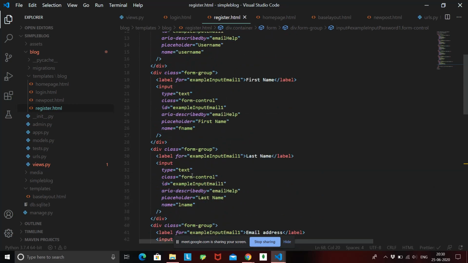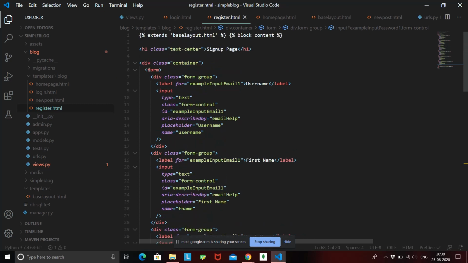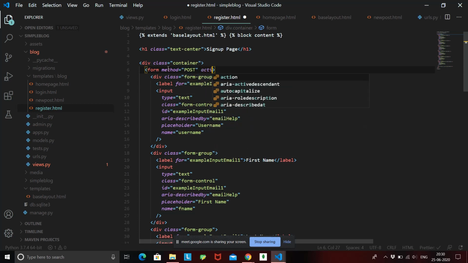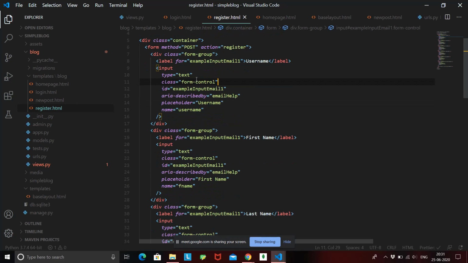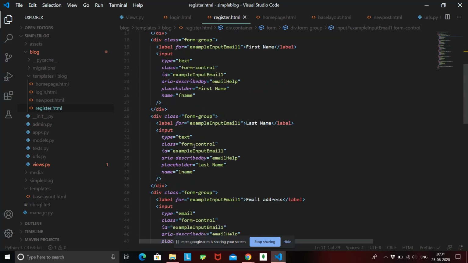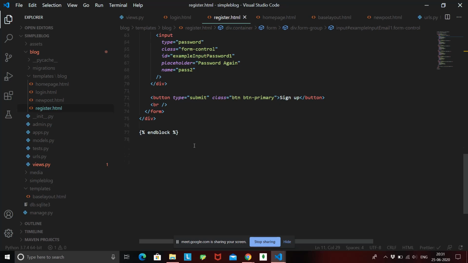So once that is ready, we need to tell the form where to submit this data and how to submit this data. So the first thing we need to tell this form is that the method is post. Okay, you need to post this data, and where do we have to post this data? We have to post this data to a URL called register. Okay, so I think there's a spelling mistake. Okay, so that is clear. The form is going to post this data to a URL of register, and we have just given names to each and every field. Fine. So I hope that is very easy and clear.